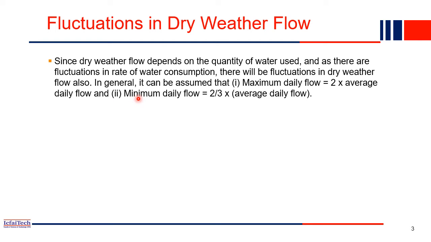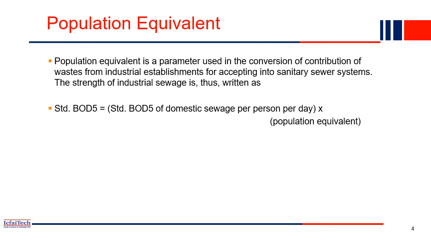Similarly, for the minimum, that is night time, you can consider it as two-third of the average daily flow. The average daily flow is already computed, so based on the two-third, that is approximately 66%, in the minimum daily flow, meaning the evening or night time, that is the minimum flow we can consider for the estimation of the total wastewater quantity. Now we understand how we can collect the wastewater from the household. Each person contributes some wastewater, and that is multiplied by the total population. We get approximately the total wastewater generated by the city.